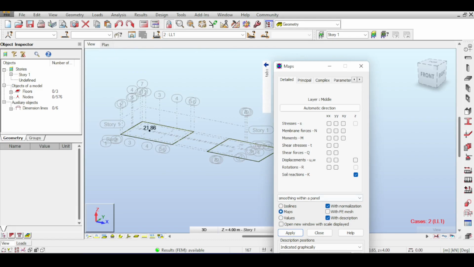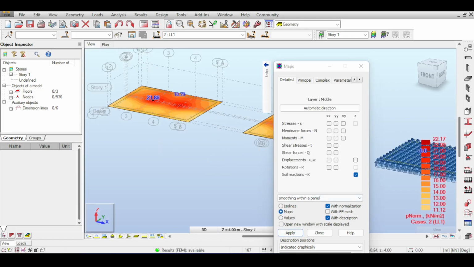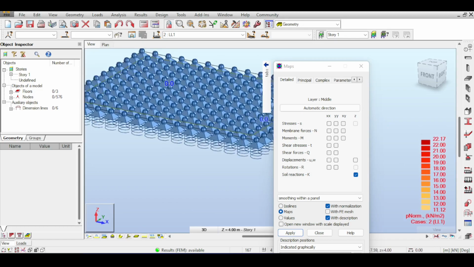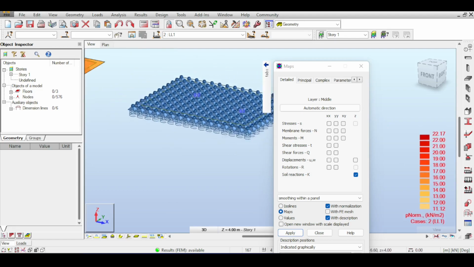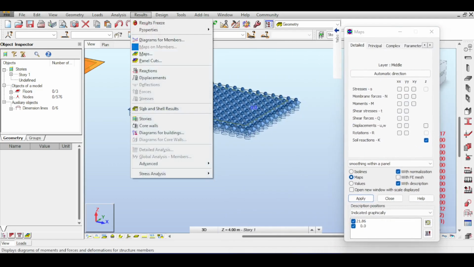Now, there is one disadvantage for using springs instead of foundation elasticity. That is, you cannot see the reaction of soil, because the reaction of soil happens because you defined a soil stiffness, a soil elastic foundation. But here you didn't define any soil, so the robot doesn't know that. But is there a trick to know it? Not really sure, but I have an idea. If you go to results,